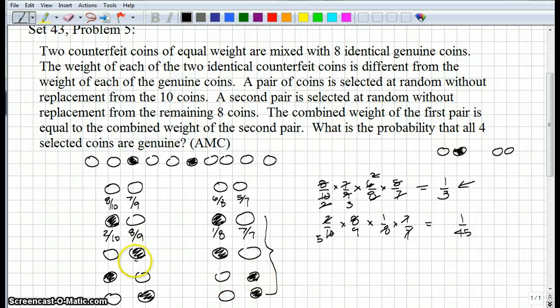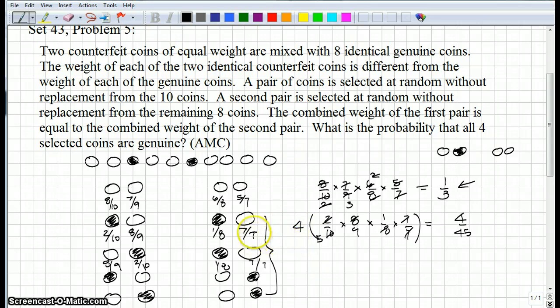Here you have 2 tenths, and here you have 8 ninths, and here you have 1 eighth and 7 sevenths, right? So the probability of the scenario is the same, but there's 4 different ways that it could come up. So we need to take this times 4, okay? And then this ends up being 4 45ths, okay? So this is all the possible ways that we could get the 2 sets of coins weighing the same, okay? And that's what we want to find